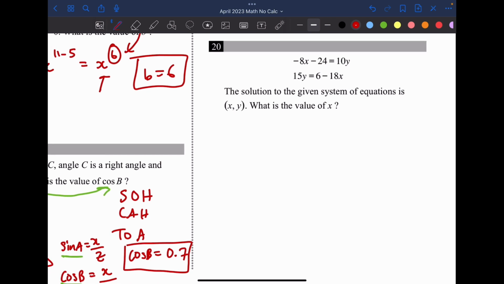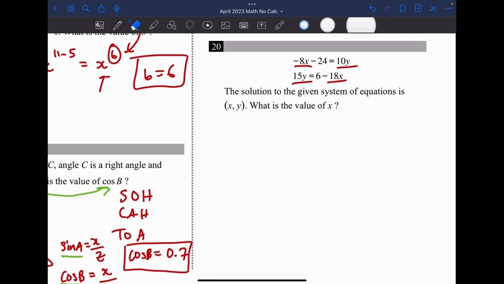And the last question, we have two equations, and the solution to the given system of equations is x, y. What is the value of x? Okay, so basically solve for x. What I like to do here is first notice things that you can get rid of. Can you get rid of anything? Not really, because we have 8x, 18x, we have 10y, 15y. So if you make one of these the same,